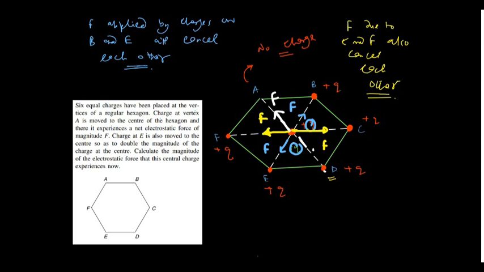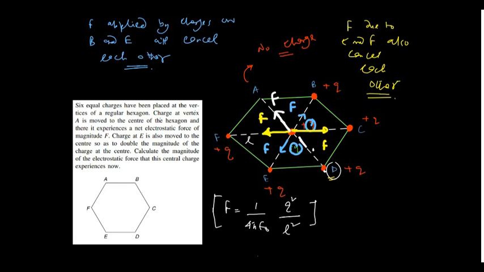So I can write that the force F acting on the charge at the center is equal to, if I consider that the vertex to center distance is L, 1 by 4 pi epsilon naught q square by L square. So this is the first part, and the first part is over. There is mutual cancellation of forces due to the charges on opposite sides, and only one charge, that is at D, will apply some net force F. Correct?